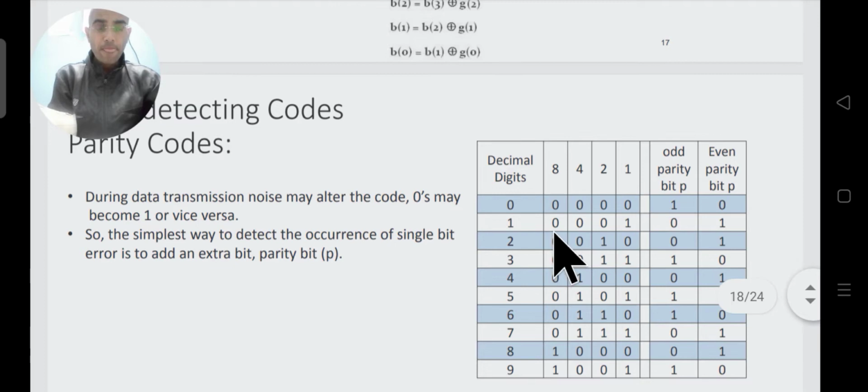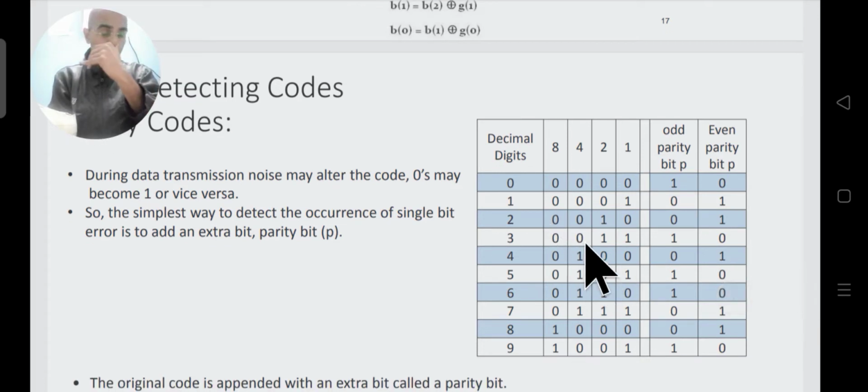Let's say we are transmitting a number in 8421 code. The decimal digits are 0 to 9, and for every decimal digit we have its equivalent 8421 code. Now suppose we are transmitting this 8421 code from the transmitter end to the receiver end, and at the receiver end we should get the same message which we have transmitted.